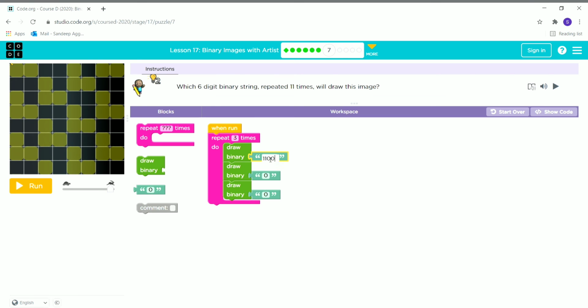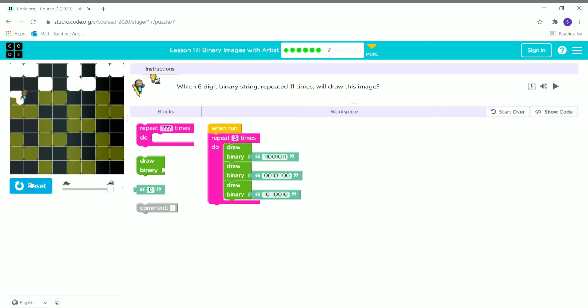So for the first line we will put the code 11001011. For the second line we will put 00101100, and for the third line we will put 10110010. Now let's check.